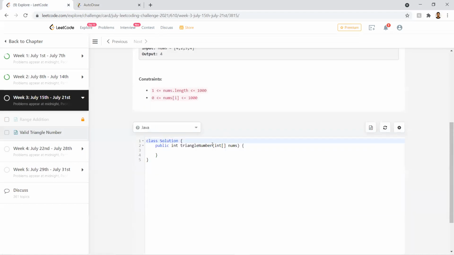As we have discussed, we'll have a count initialized as 0. Then obviously we need to know the length of the array.